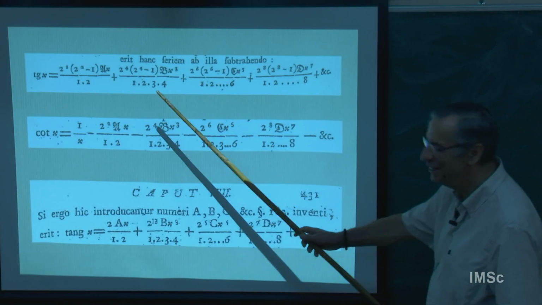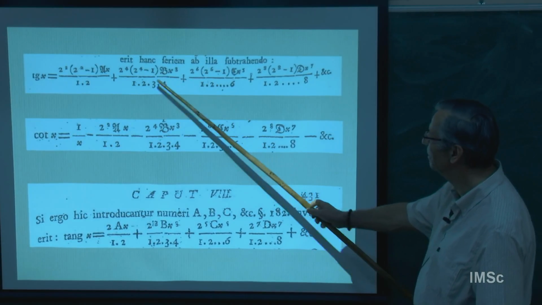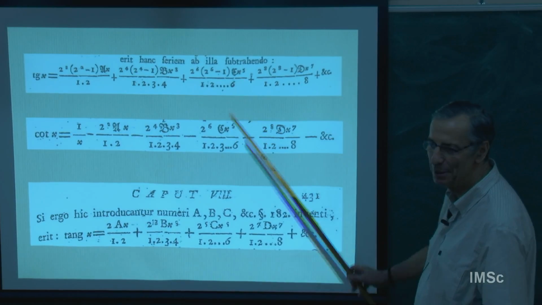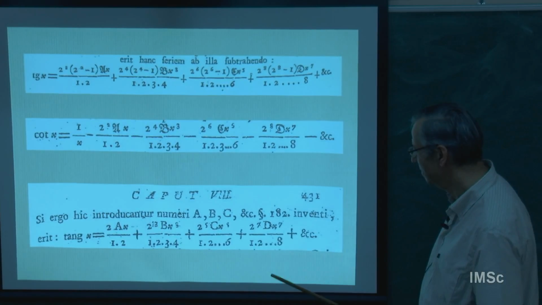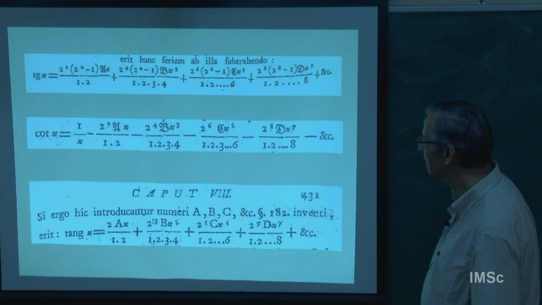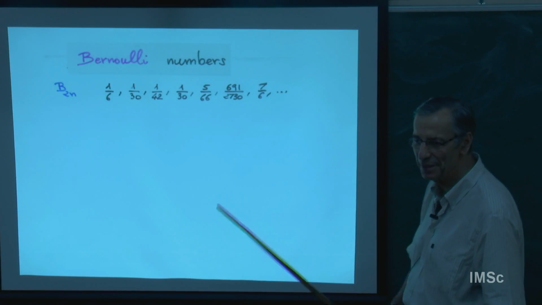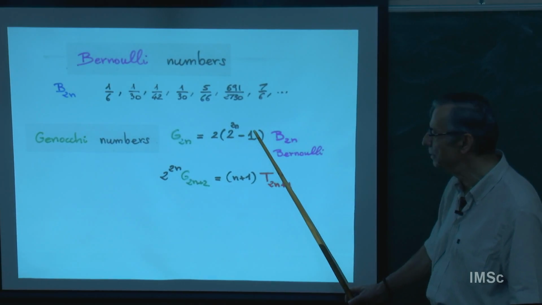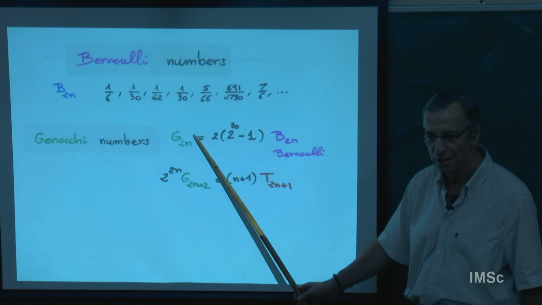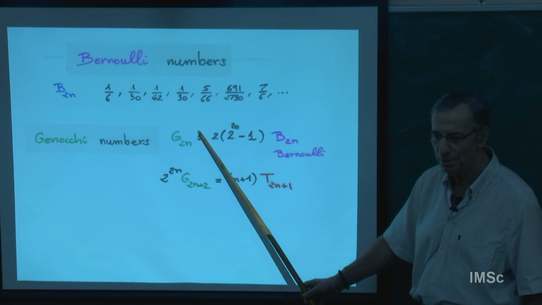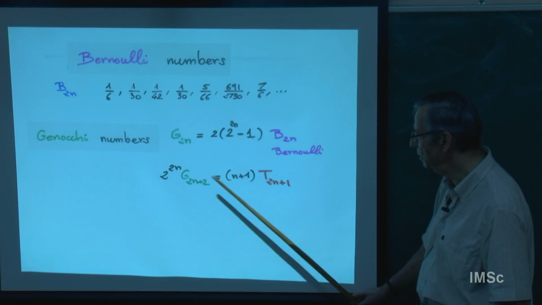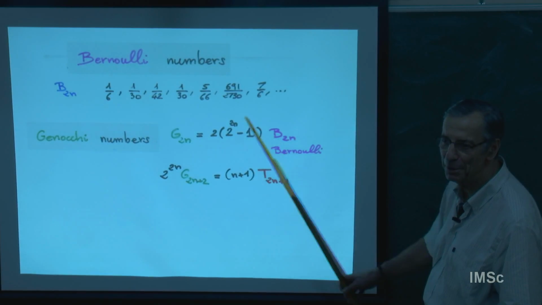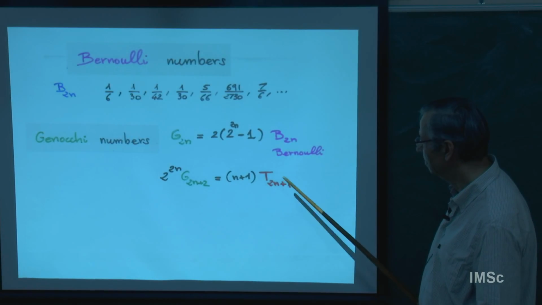Now tangent t, so this is different, maybe there is a 2 power something minus 1. And these are the Bernoulli numbers. So Bernoulli numbers are rational, and if you multiply them by 2 power 2n minus 1, then you get an integer, which is called the Genocchi numbers. And the relation between Genocchi and tangent is also this. So we are close to Bernoulli numbers working with all this. And n plus 1 tangent.